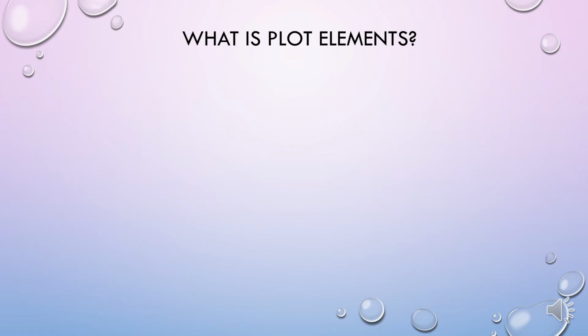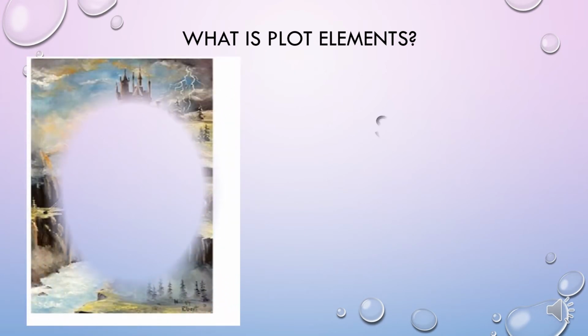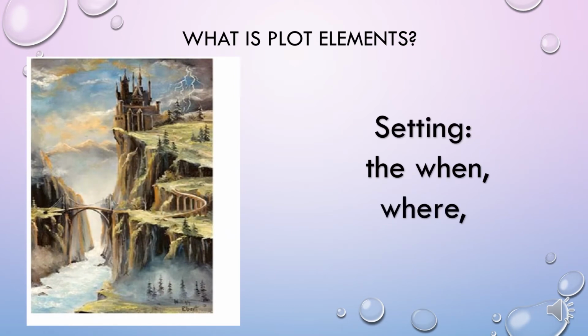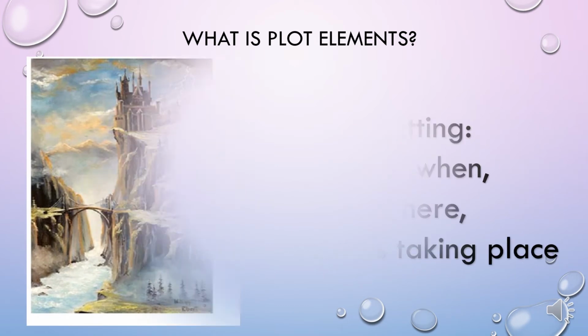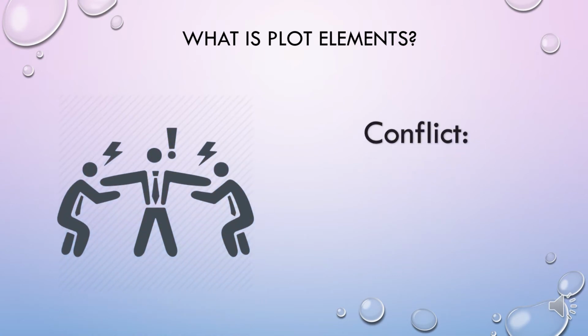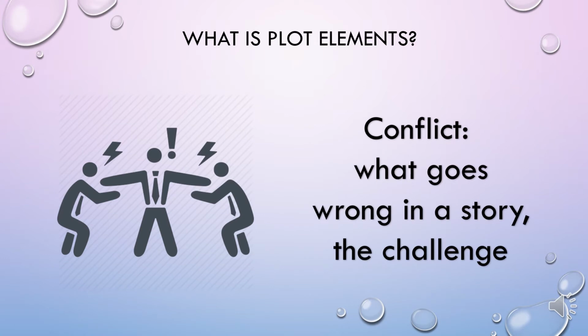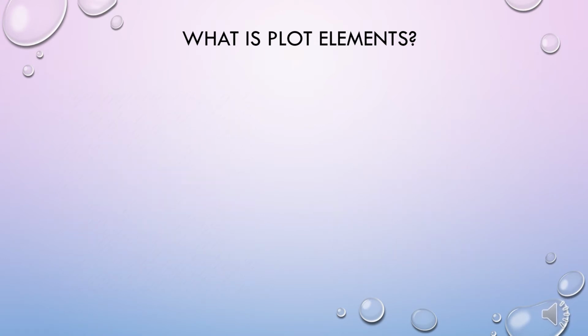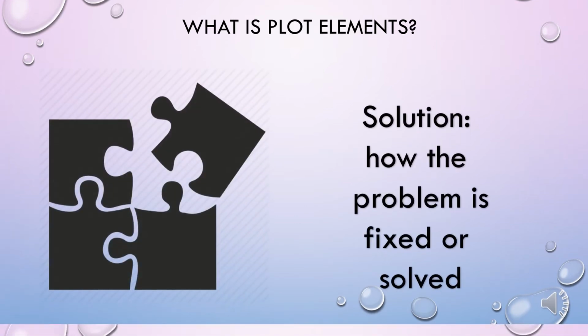Another plot element is setting. Setting is the when and where a story is taking place. Another plot element is conflict. Conflict is what goes wrong in a story. It's the challenge. Solution is another plot element. It means how the